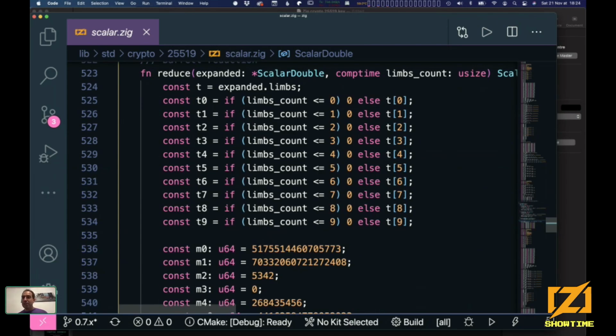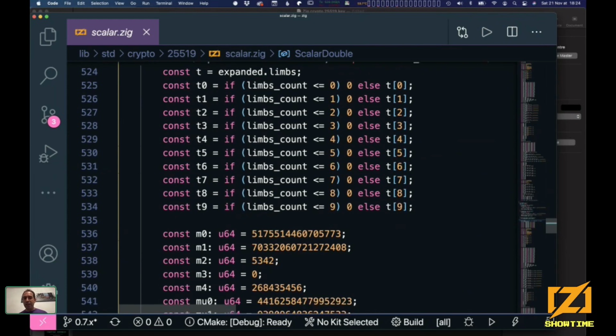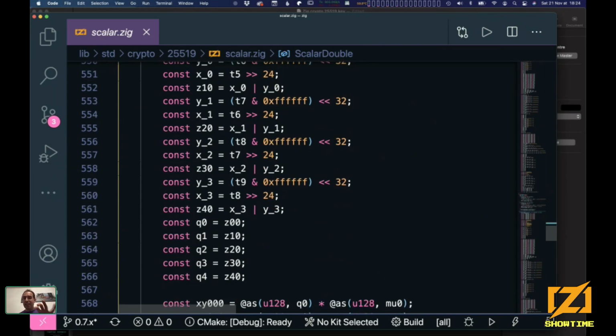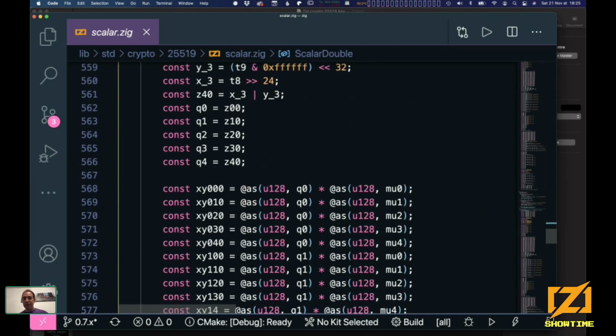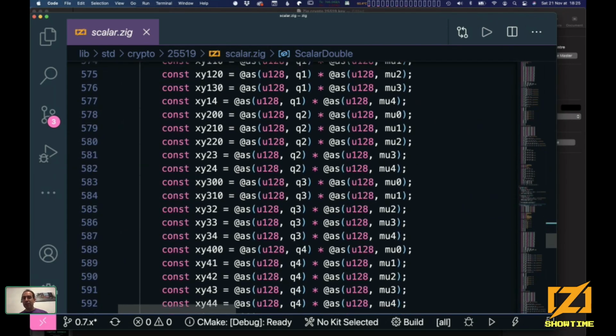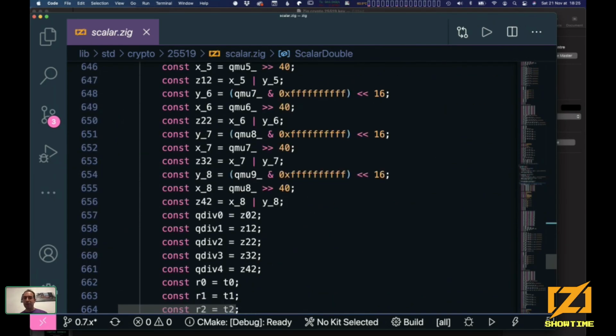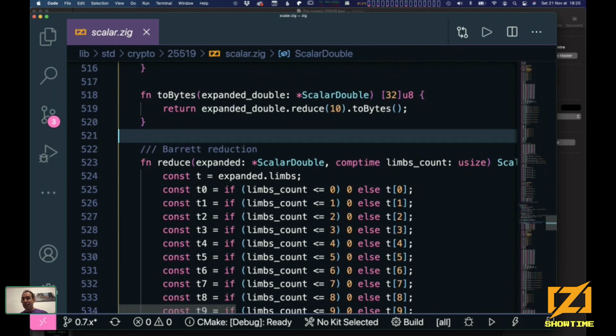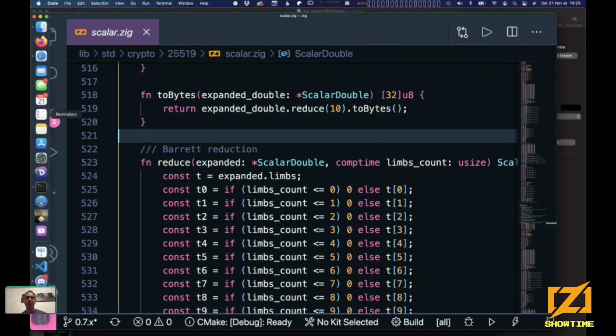So if the limb count is only 4, for example, I know that a bunch of parameters are going to be 0. And then the compiler is going to produce a specialized version with everything that can be optimized knowing these invariants generated automatically. I don't need a specific version of my function for different sizes. I just fix the invariants, and the compiler does multiple versions of these functions for me. And I found that really, really cool.